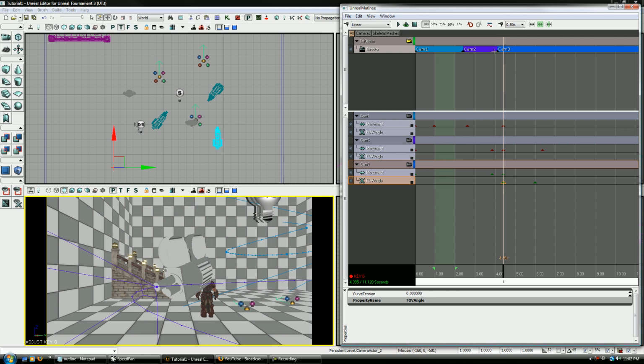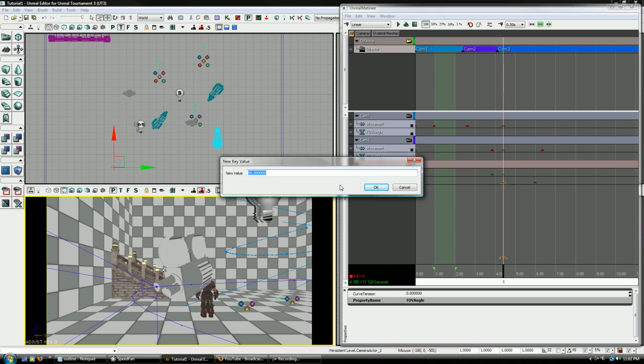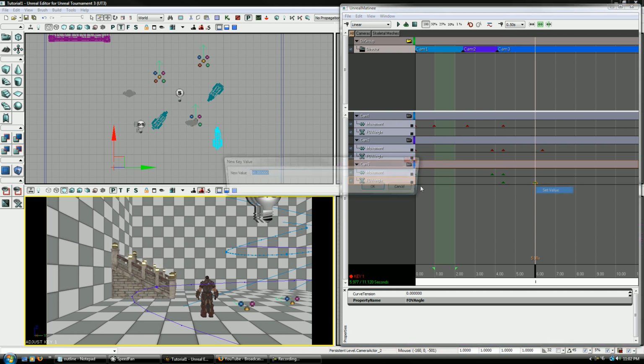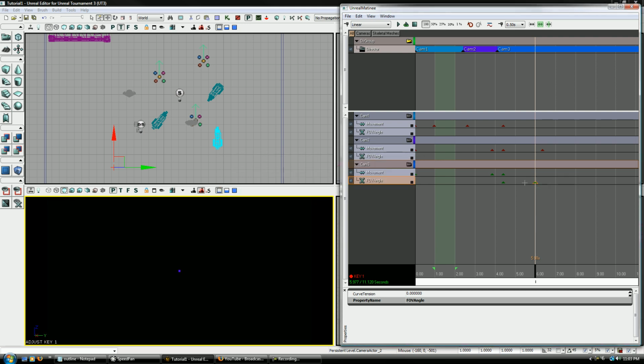Okay, now, while we're still looking through camera 3 here, camera 3, field of view angle. That's what FOV stands for. I think I already said that. Field of view. Now, what you're saying is, okay, here I want you to be looking at the 90 degrees field of view, and here I want you to be looking at the 90 degrees field of view. Now, I have it set to linear, so if I change this, let's say 180, that's going to be yeah,